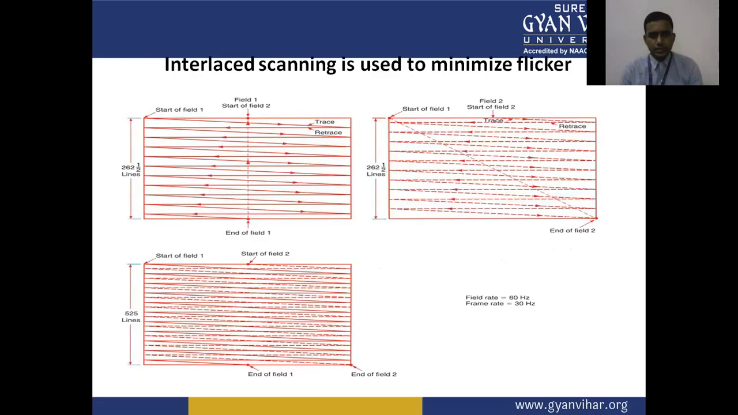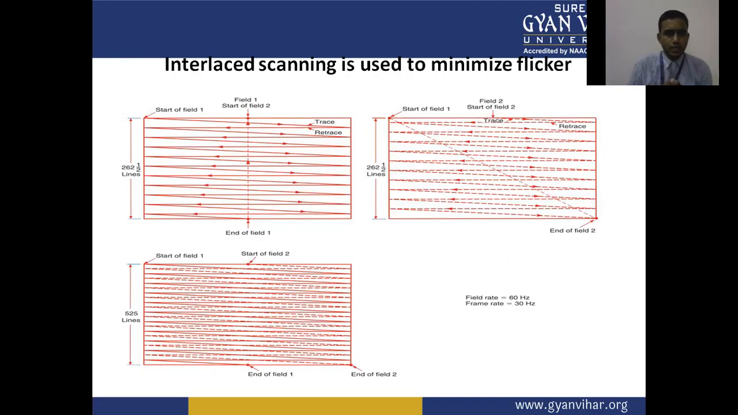Interlaced scanning is used to minimize the flicker. We have already discussed the flicker. Here we are discussing the 525 line concept or system. In the 525 line system, we divide the whole frame into two fields. One field consists of